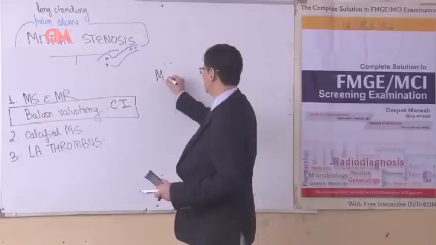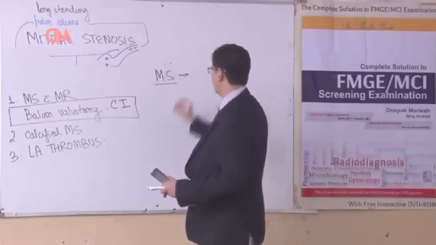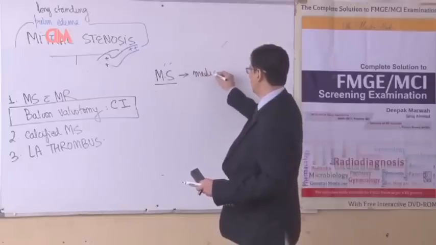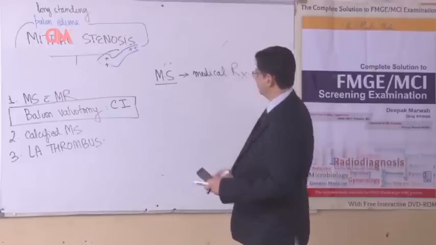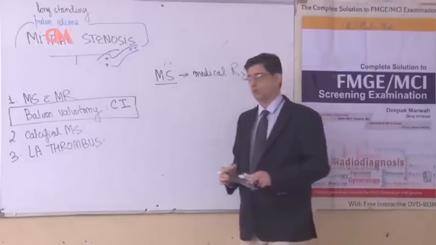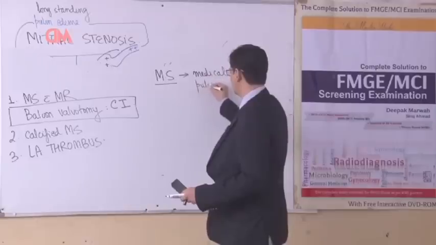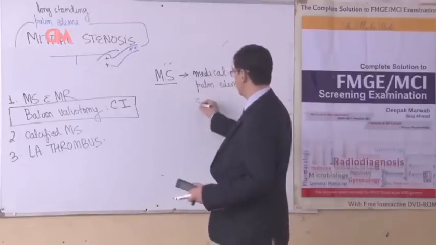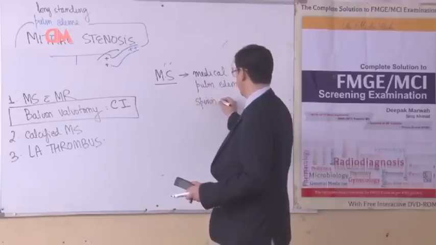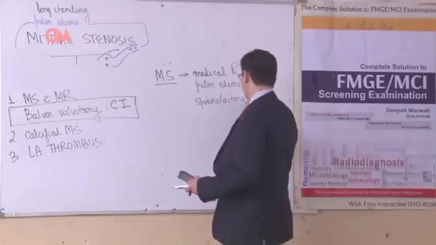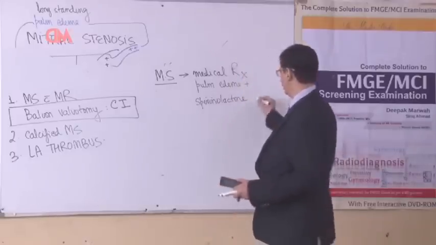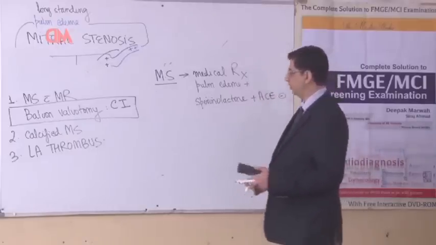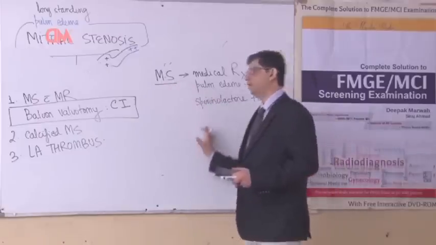Please remember, if the question is asking you regarding treatment for mitral stenosis, and the question does not mention the word severe, then the first answer for the management of a patient of plain mitral stenosis would be medical management. What I mean by medical management is that you would prescribe some medicines to this patient for treating the pulmonary edema component of the patient. For this, you can put the patient on diuretics. Now, since most of the diuretics cause hypokalemia, you can put the patient on spironolactone, and you can put the patient on ACE inhibitors, and you can reduce the pulmonary edema component by reducing the preload and the afterload. So if the question is simply mentioning mitral stenosis, medical treatment is recommended.